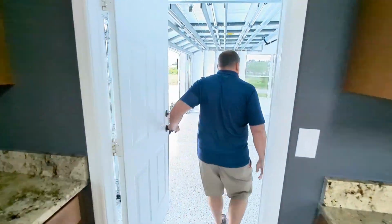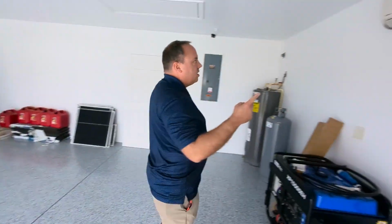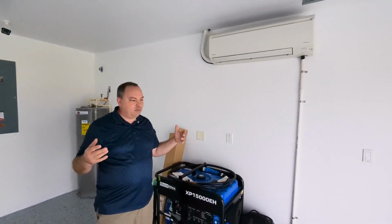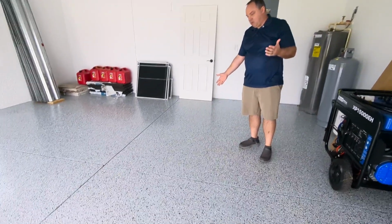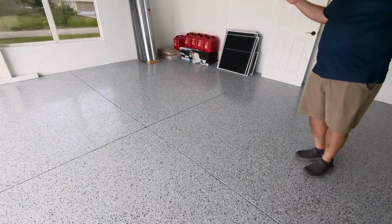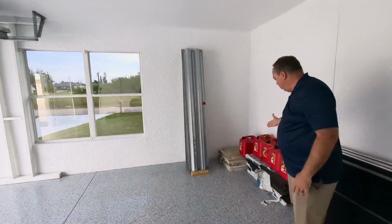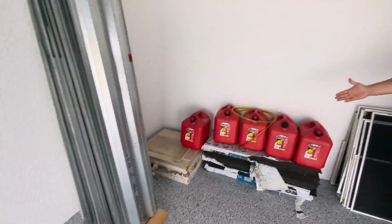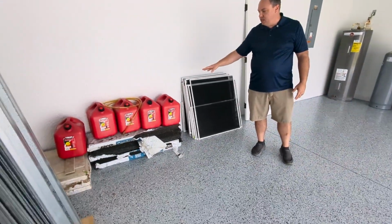All right, coming out here, we have our third air conditioning unit. So you can actually be in the hot Florida summer in your nice cool garage working on a project, or you can even turn this into a man cave if you want. Extra bonus space potentially. You can see that the floor is epoxied, and again the garage is freshly painted as well. You get the shutters that come with the home, some extra tile just in case something breaks on those tiles in the main living area, and extra, these are not full gas cans, these are empty, but these can